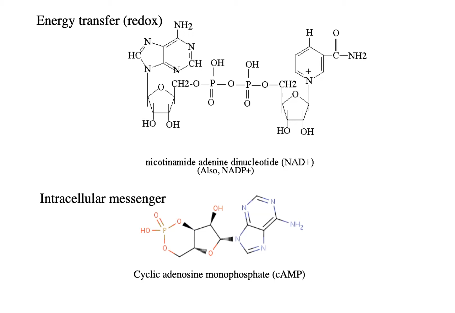This one will transfer electrons, along with often a proton, from one molecule to another. This is one of the fundamental molecules that is active in oxidative phosphorylation and photosynthesis and many other processes in